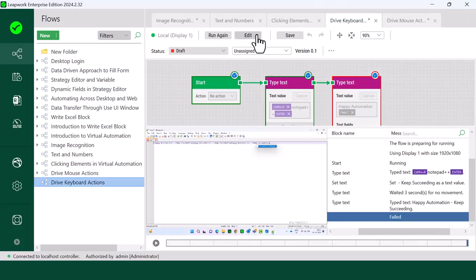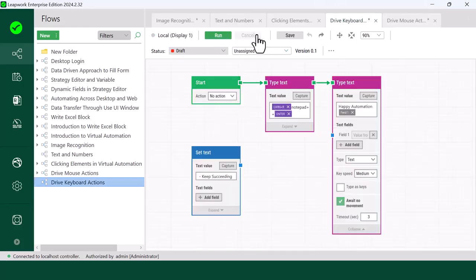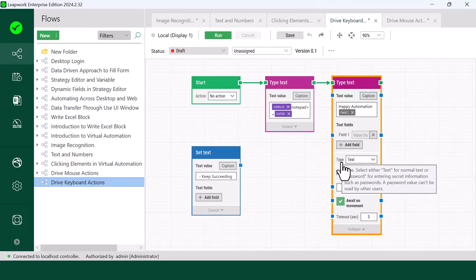Moving ahead, now we are going to learn about some interesting properties of Type Text block through which you can set typing speed, set text type. Let's proceed. Now, see here we can see the type property. This means that you can set the type of the text you want to write in your application. Let's say, if you want to write a password which is not supposed to be seen to others since it's a hidden information. So from these options you can select